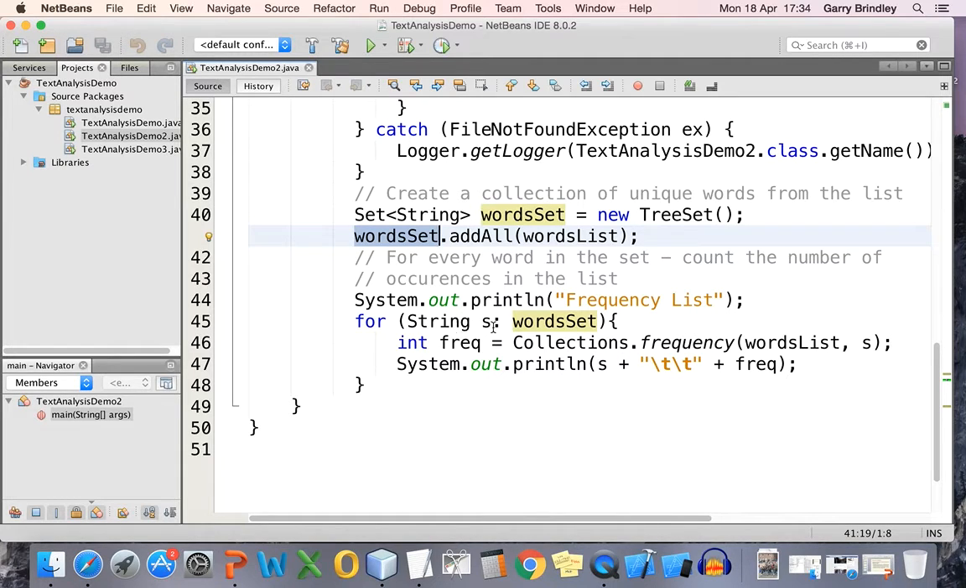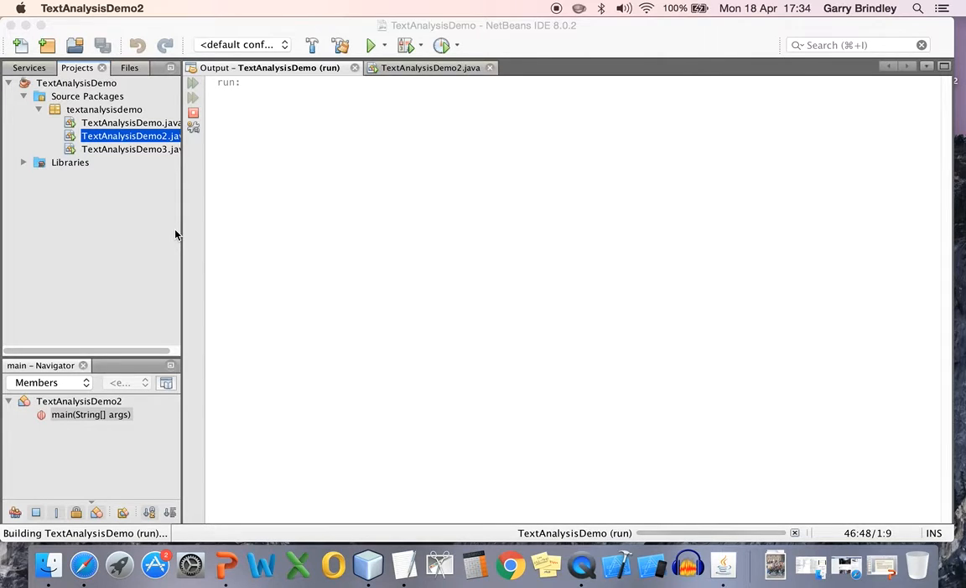And then I can iterate through the set, which I know are unique words. And for every word in the set, I'm going to use collections.frequency to find the number of times the string S occurs within the words list, and then print it out. Okay, so let's give that a go. So if I run this one now, hopefully it works. If I get my file chooser up,